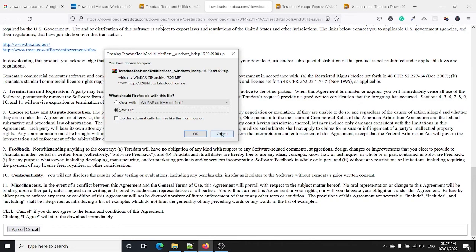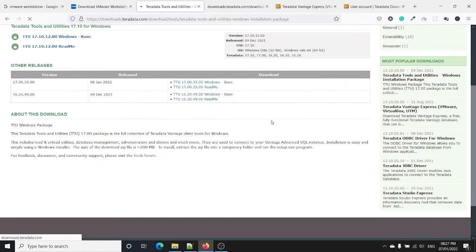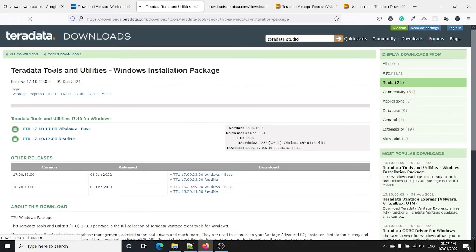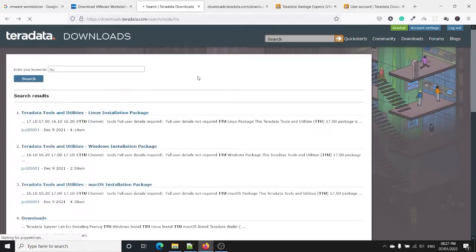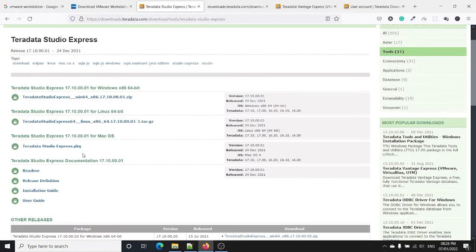Okay, so we are done with the other software as well, and the last software that we are going to need is Teradata Studio. So actually I believe there was a Teradata Studio behind. Okay, now here it is. So we will download this one. Same as before, we are going to download it for the Windows version.